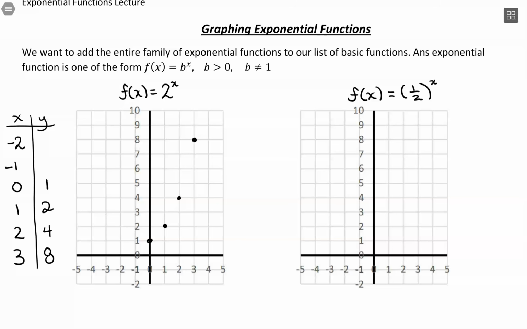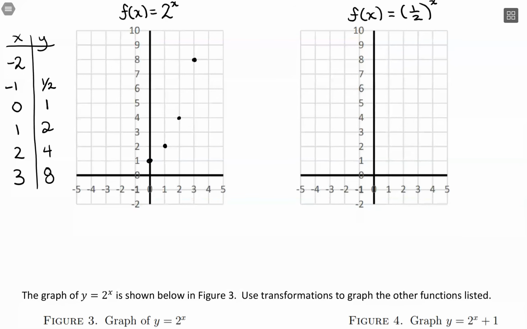Now, on the negative side of things, -1, -2. So 2 to the -1 power flips our fraction, so that'd be 1/2. And for -2, just as a refresher, 2 to the -2 is like 1/2 squared, which is 1/4. So with that, we'll have a 1/2 and a 1/4. And then you can imagine 1/8, 1/16,